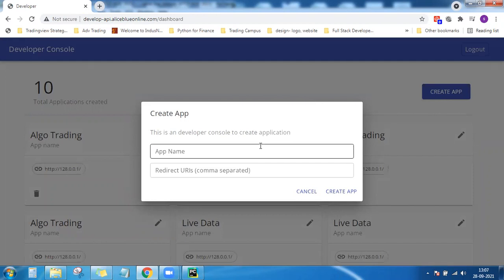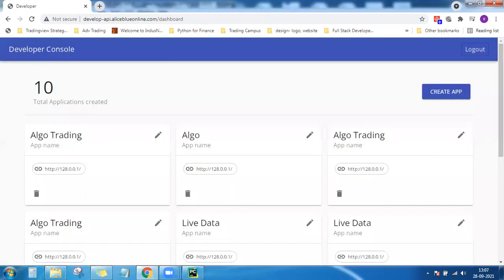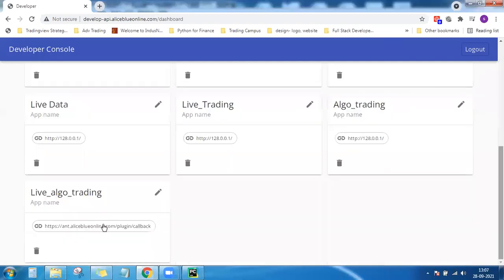Now give whatever name you want to give to this app name and the redirect URI. So for the redirect URI, by default, this is going to be the redirect URI. Just revisit the video for the redirect URI. Right now I'm using this one.